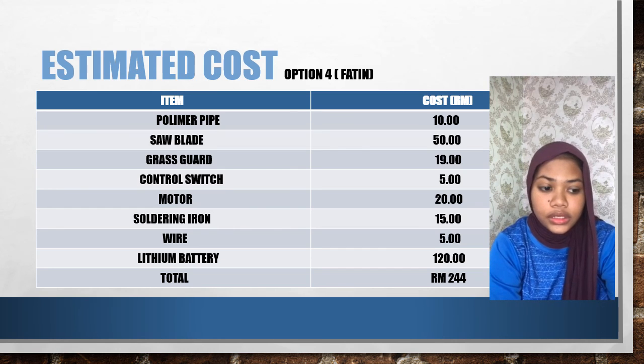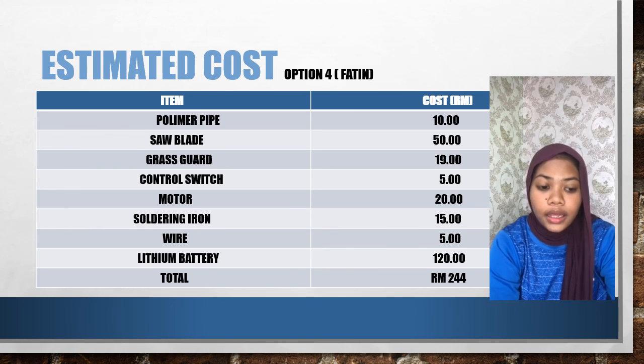Grass guard cost is 19 ringgit. The cost of control switch is 5 ringgit. Motor is 20 ringgit. The cost of soldering iron is 50 ringgit. The cost of wire is 5 ringgit. Lithium battery is 120 ringgit, and the total of the estimated cost is 244 ringgit.